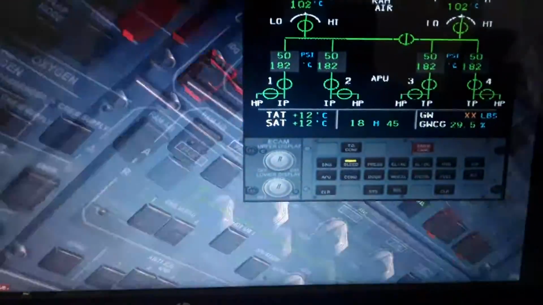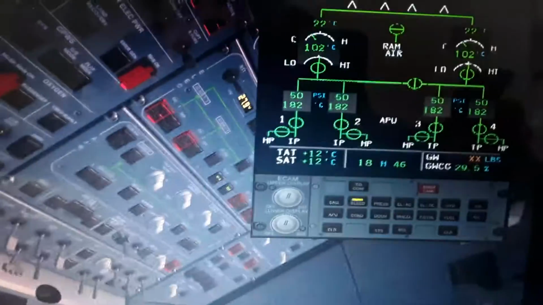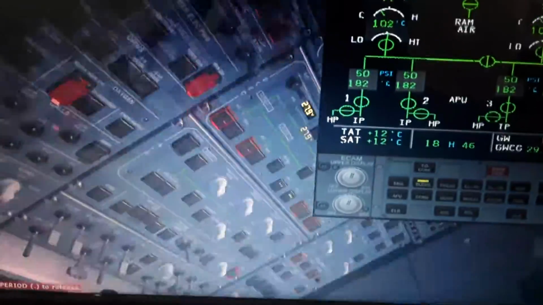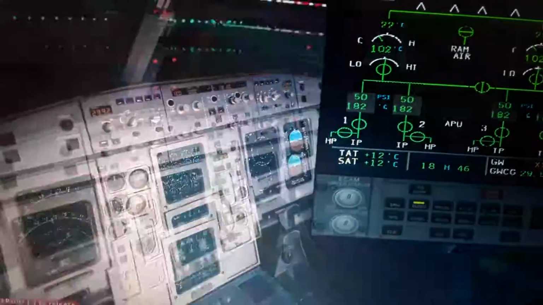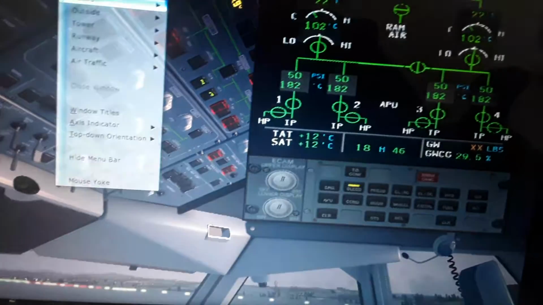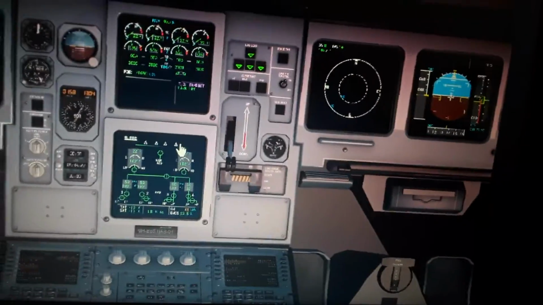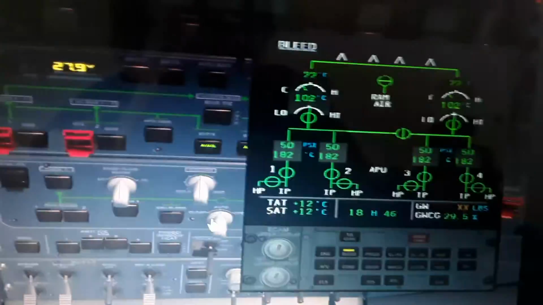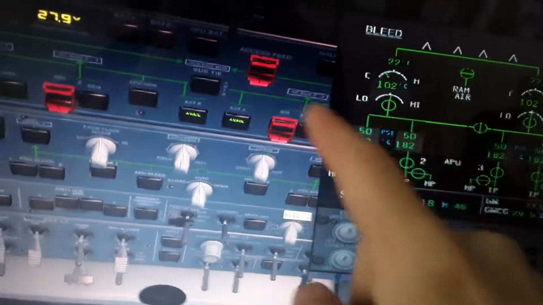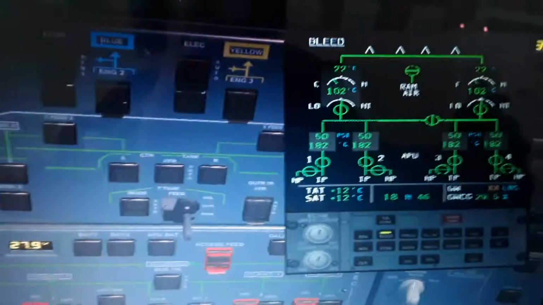in the overhead panel. You can see the overhead panel over here. The bleed system, maybe I can change this view, it's going to make it better. We have this view over here for this system. Okay, here we have the ECAM display, which I pop out, and here's the air system panel over here in the overhead panel. The electrical, the fuel,